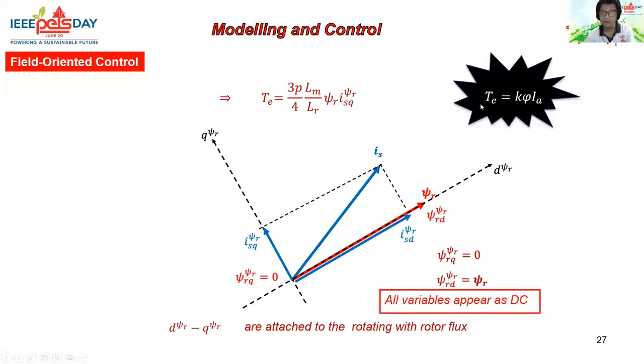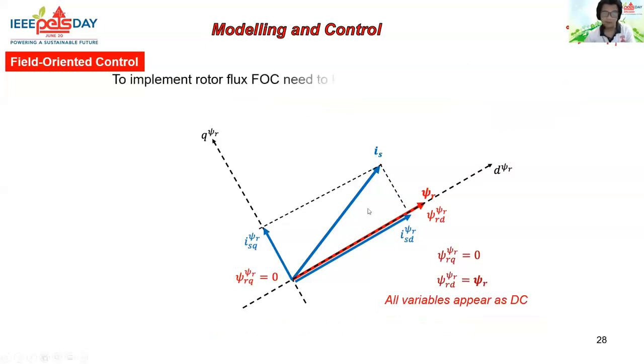All right, and you can fix the flux by keeping that D component of the stator current. And remember that this rotating coordinate here is rotating synchronously with the rotor flux, which is rotating synchronously with the stator current vector here, which means that everything, when you resolve this to the DQ axis here, is going to appear as DC, right? So in order to implement this, then we have to know the positions of the rotor flux,